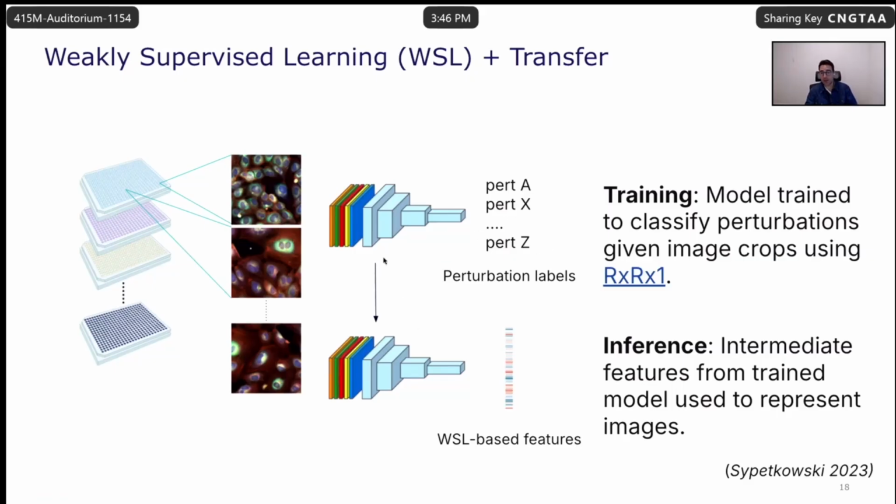Once this model is trained, we can use the second to last layer typically as the feature representation. And that's what was used to power the maps in our platform for a while. One issue we faced with this as our data set grew is that when we wanted to train larger models with more diverse data, we found that performance typically degraded. And that's what motivated us to start looking at